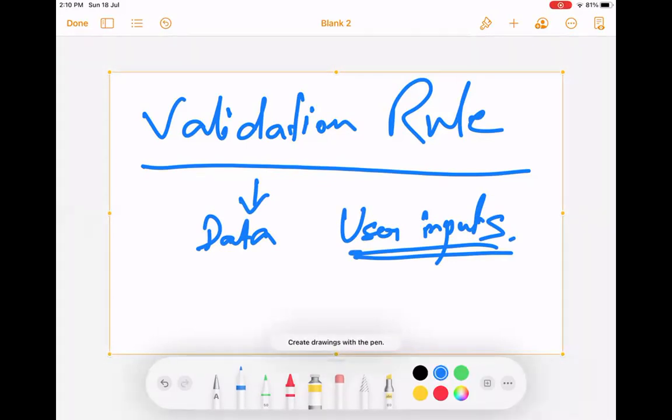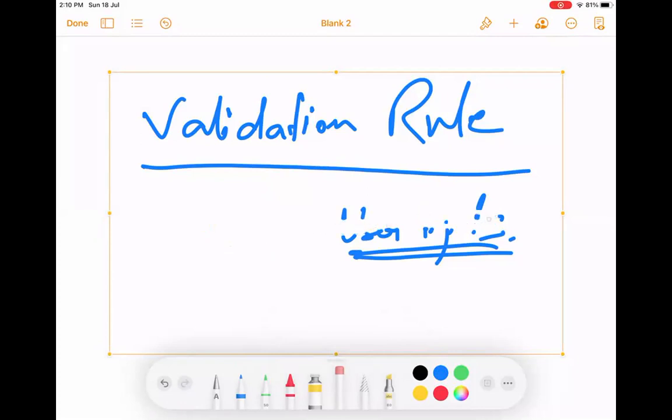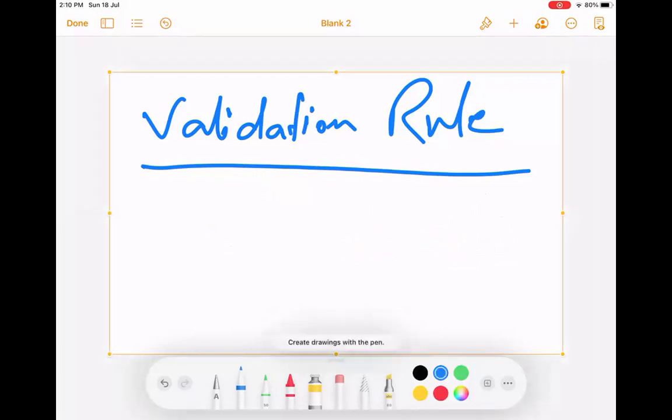Please remember, when we are creating a field or using a field type, like a date field, there is a validation that Salesforce does automatically for checking the data, right? That is also a validation that is happening, and it is called system validation.